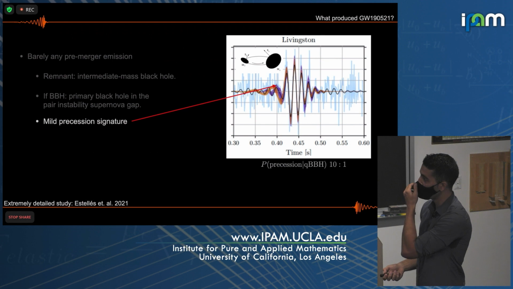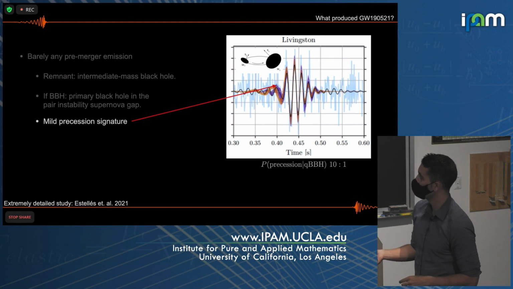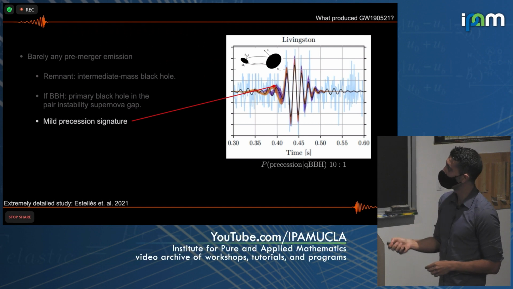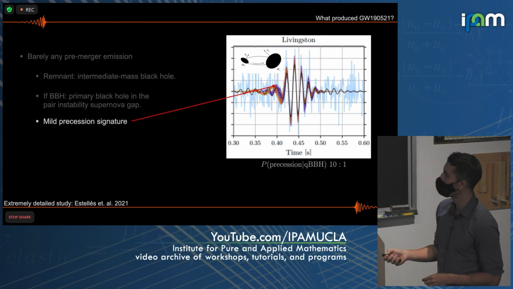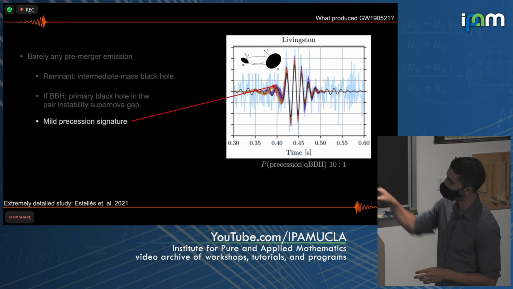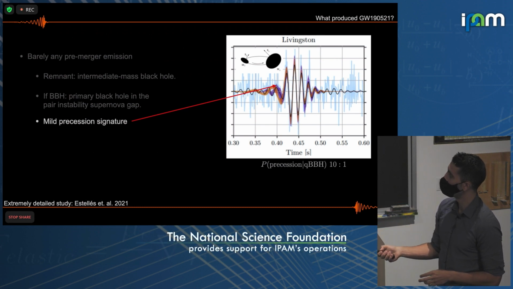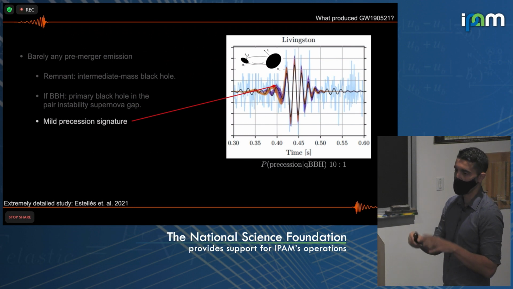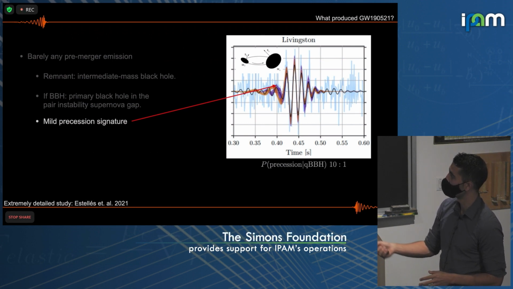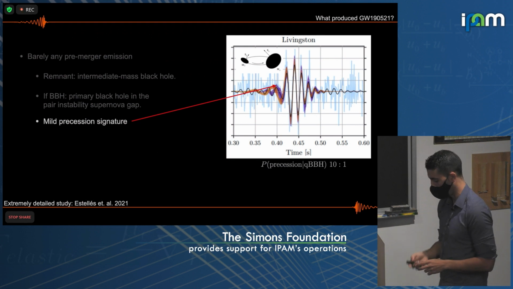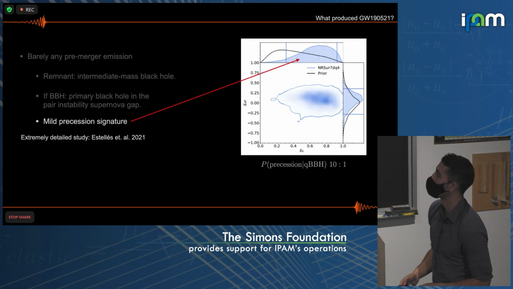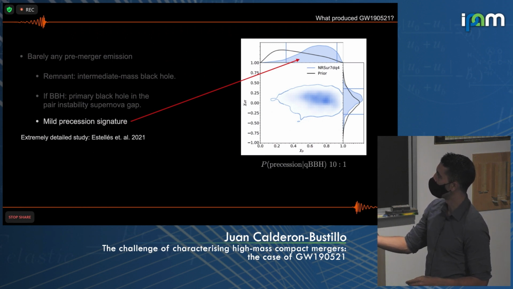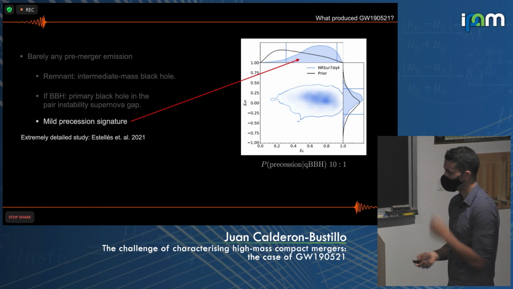If you're wondering what this comes from, it comes from the fact that this is ramping up really fast. If you try to fit this with aligned spin signals, you will see that if you look at it backwards, the decay of the amplitude of the signal is much lower. So only the modulation that precession causes in the signal can cause that within the quasi-circular paradigm. Of course, you can also measure precession via the parameter chi-p, which is what we do.